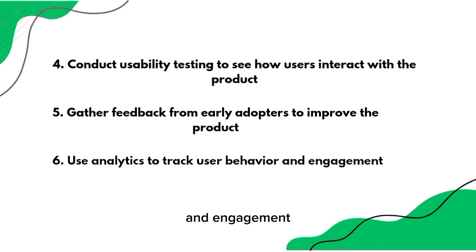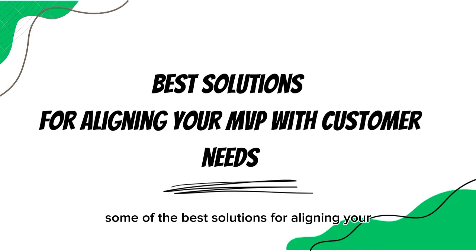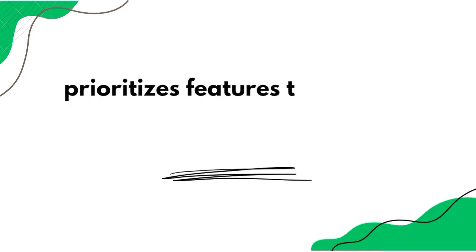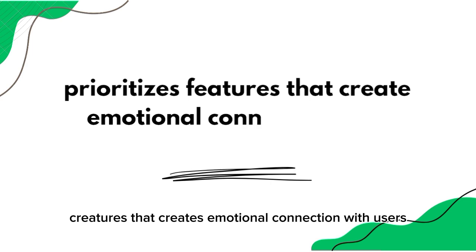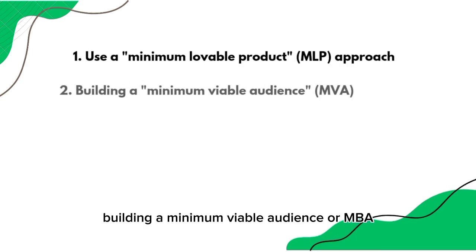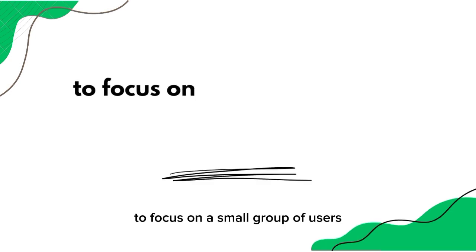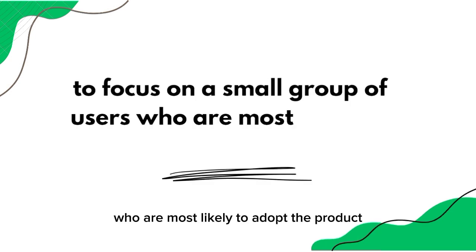and engagement. Some of the best solutions for aligning your MVP with customer needs are using a minimum lovable product or MLP approach, which prioritizes features that create emotional connection with users. Building a minimum viable audience or MVA to focus on a small group of users who are most likely to